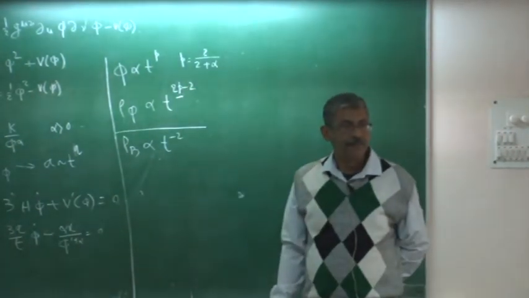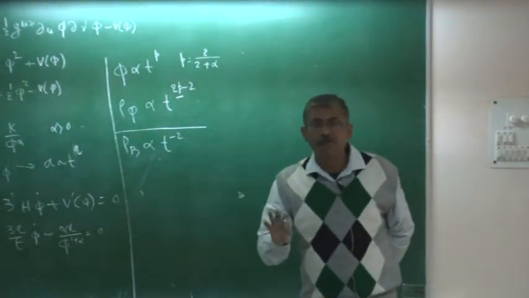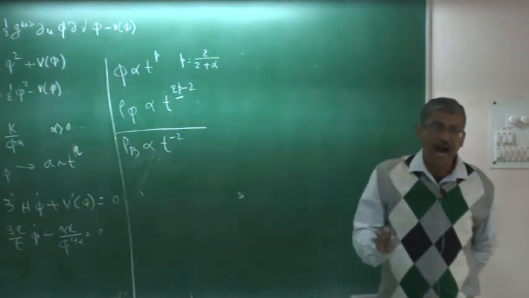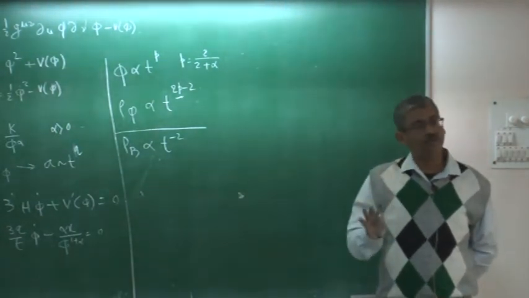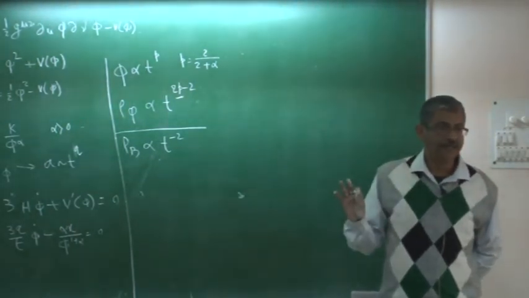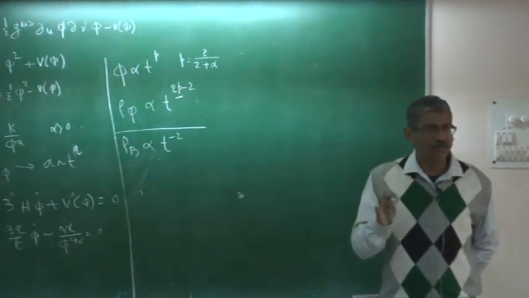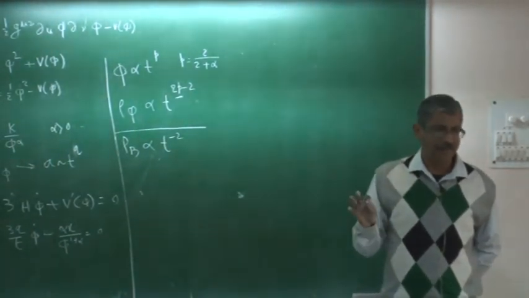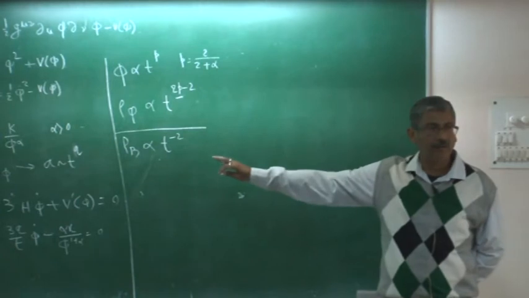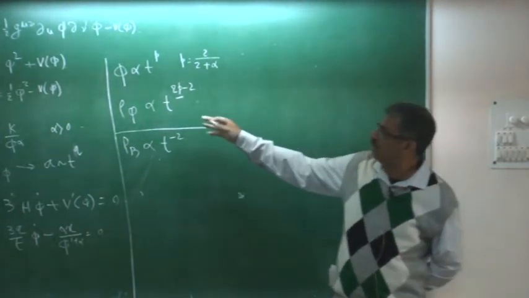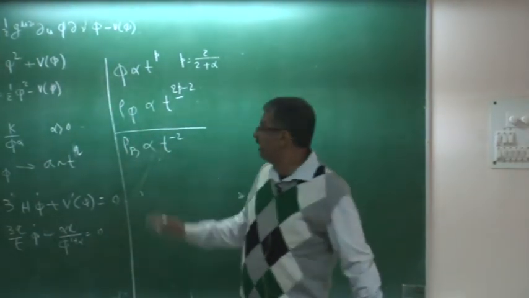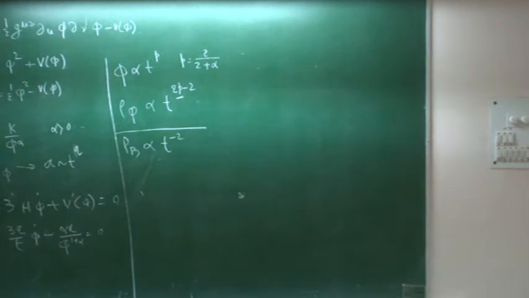Fine. So whatever be your rho phi initially, it doesn't depend on what its value is. Ultimately, rho phi will always dominate over rho background. Is it clear? Whatever the value, you don't have to find it. At some point of time, rho phi will ultimately dominate over the rho background. And when it starts dominating, because this is a scalar field, it can give a dark energy kind of field. So what we get over here is that rho phi by rho b,